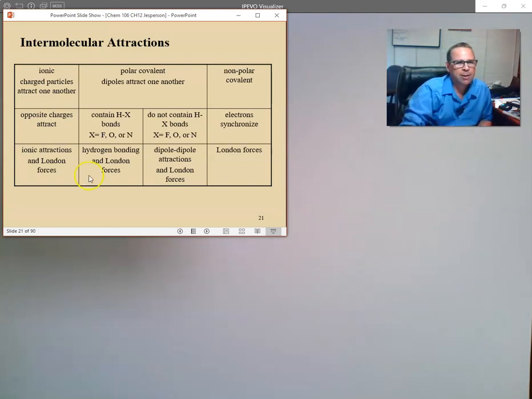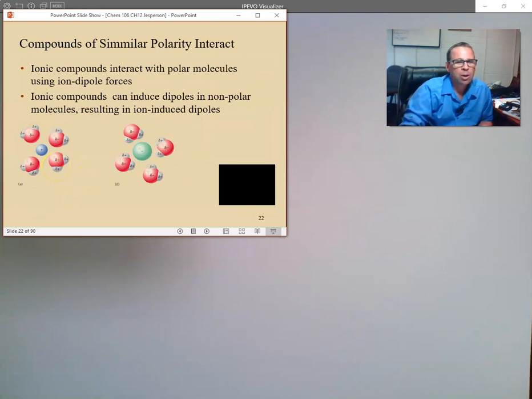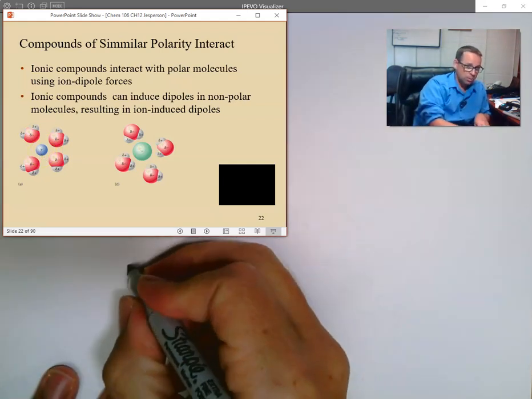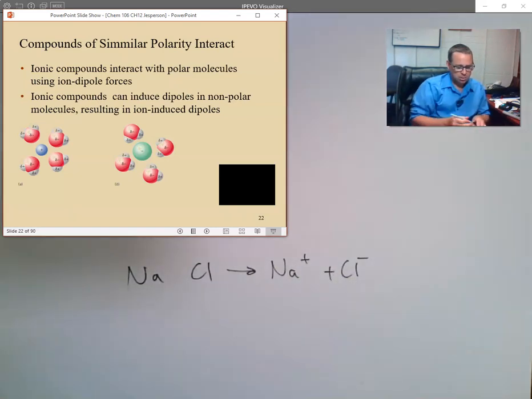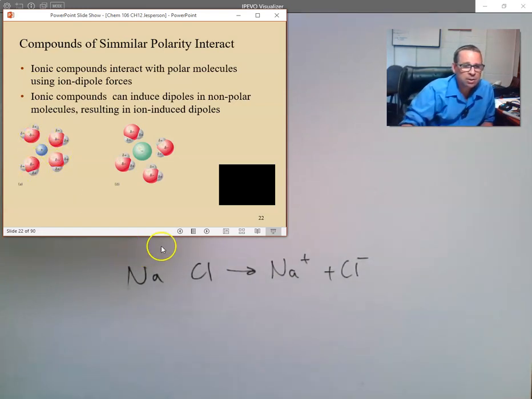Okay, very good. Then we can also have what we call a dipole-ion interaction, and we briefly discussed this previously. But here is a water molecule. And what is this positively charged thing right here, Camille? What is that trying to represent? Ion. It's an ion. That's right, an ion. For example, sodium chloride, right? NaCl is a compound of sodium ions and chloride ions. And when water gets next to sodium chloride, salt,